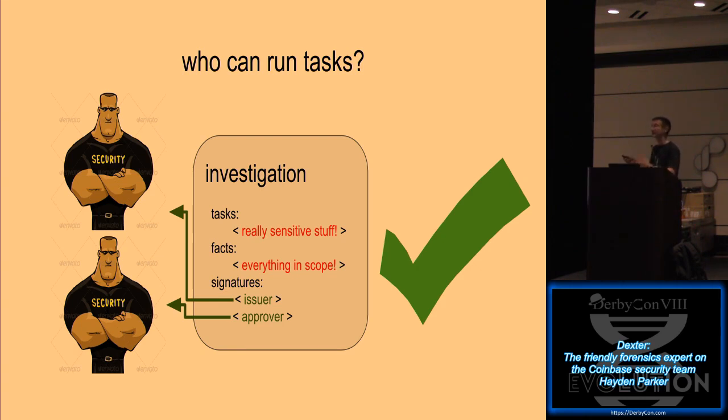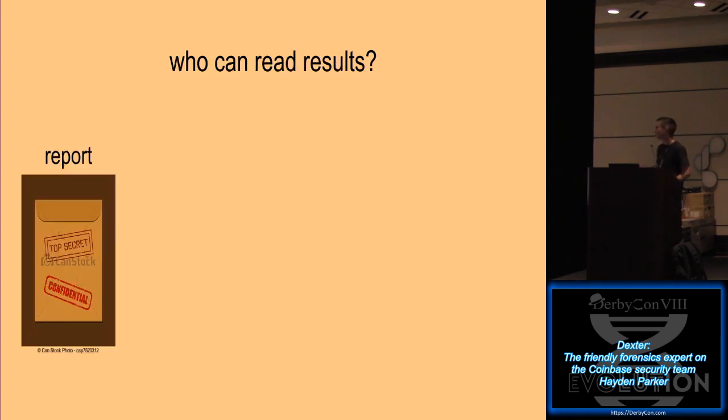So tasks are able to specify, I need this many approvers, and then an investigation's consensus requirement is just the highest level across all the tasks. So if you have 3 tasks on there, 2 of them require 1 consensus, 1 of them requires 3, the whole investigation is going to require 3. So, make sense? Yeah. Cool.